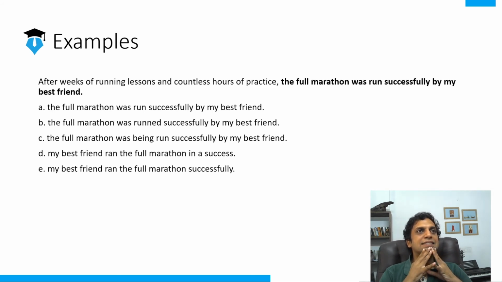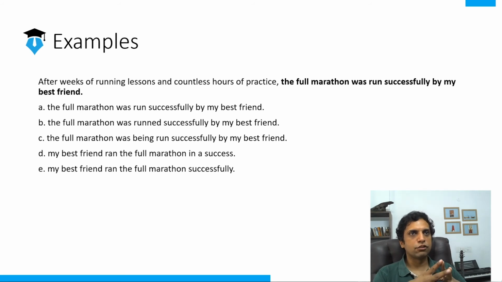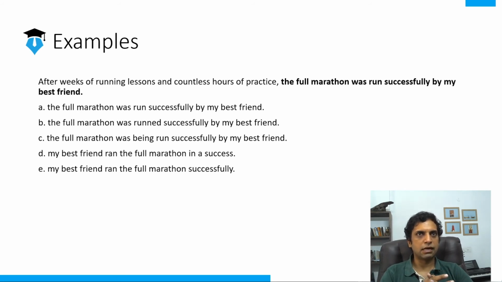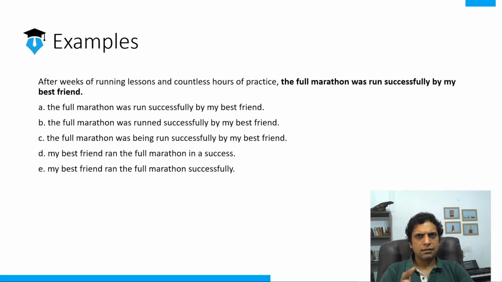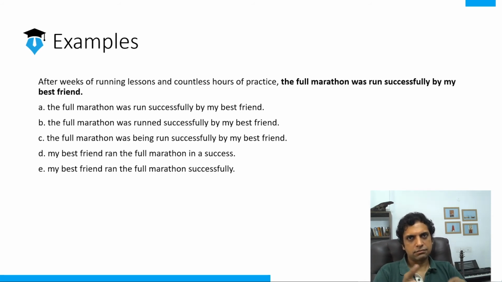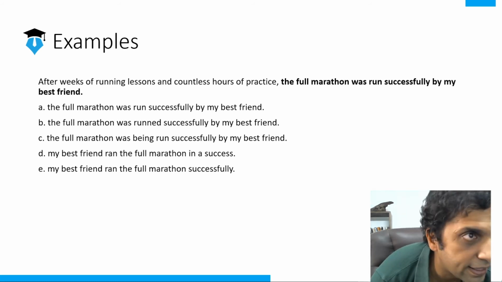After weeks of running lessons and countless hours of practice, the full marathon was run successfully by my best friend. What's the modifier here? What is the subject verb object form? The full marathon was run by my best friend, and you've added successfully as an adverb in the middle. In any case,